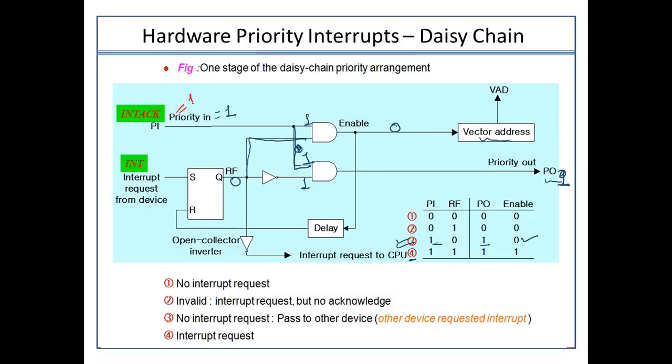The interrupt is equal to 1 and the device has also sent the request. So what will happen? As soon as we get this value 1, this 1 is directly attached here, and this 1 from the priority interrupt will come, so it will simply enable the vector address, right? So what happens in this case? This will ultimately become 0 because it is the inverter gate. So this PO value will be 0, because 1 NOT AND with 0 will give me 0, right?